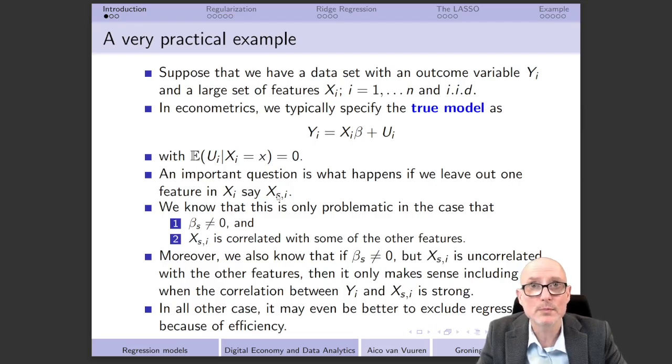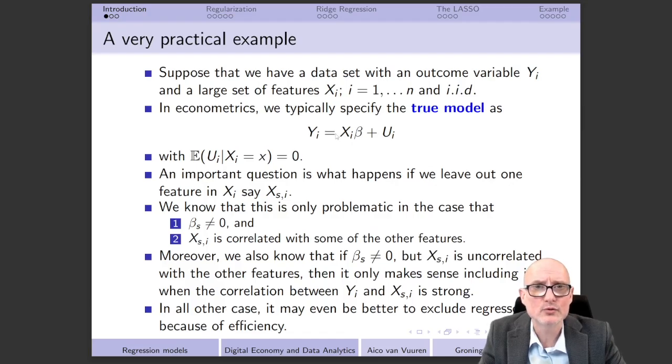We know that this could be problematic, but we also know that this is only going to be problematic in the sense that we are going to get biased and inconsistent estimators in the case that two conditions are met. The first condition is a very trivial one, and that is that beta s, of course, must be unequal to 0. That's a trivial one, of course, because if beta s would have been equal to 0, then at that moment in time, of course, this could be the true model over here,